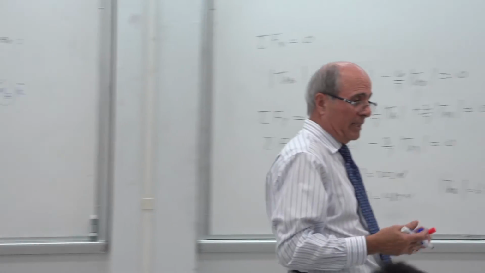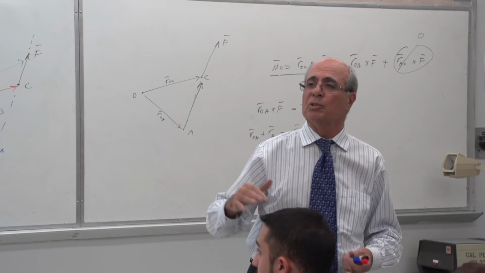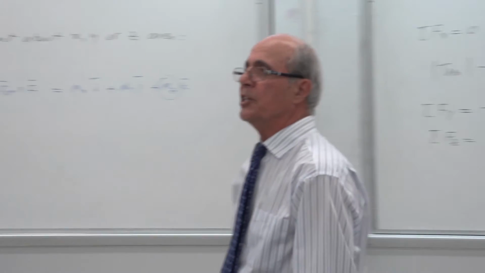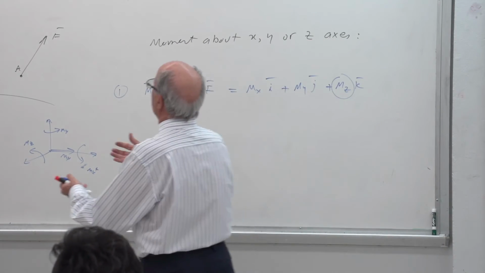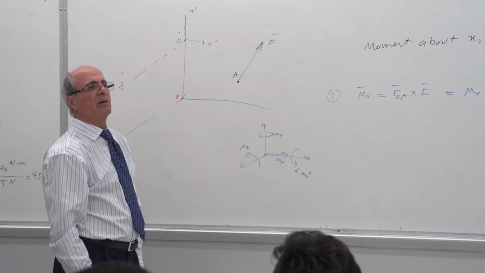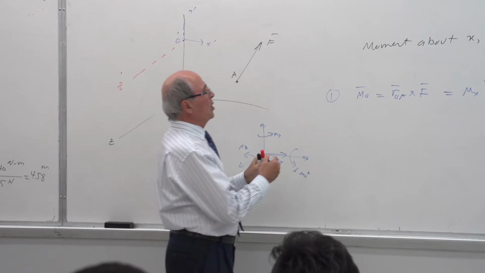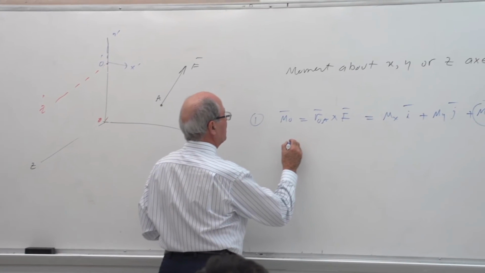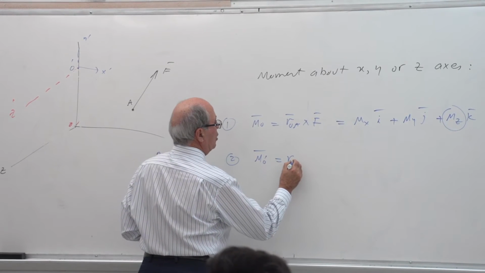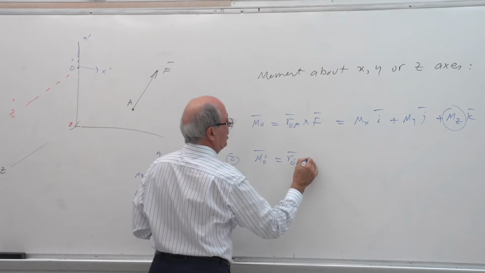So everybody at this time, after 4 or 5 weeks of statics, knows x, y, z is arbitrary. I can shift it anywhere I want to. Is that correct or not? In other words, shift your x, y, z axis to here. Take the moment of that force about this point, which is R cross product F. So this time, M O prime, question number 2, is equal to R O prime A, this vector, cross product F.